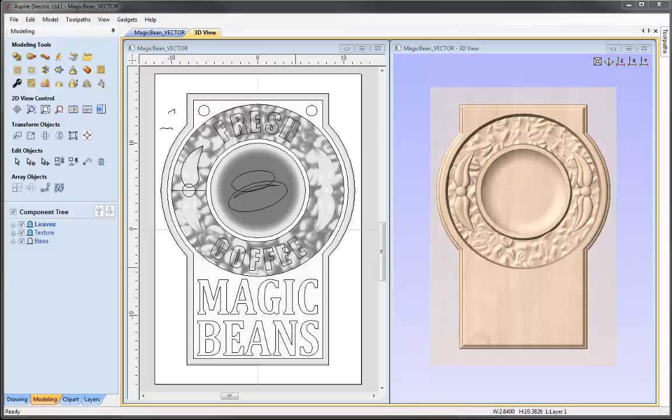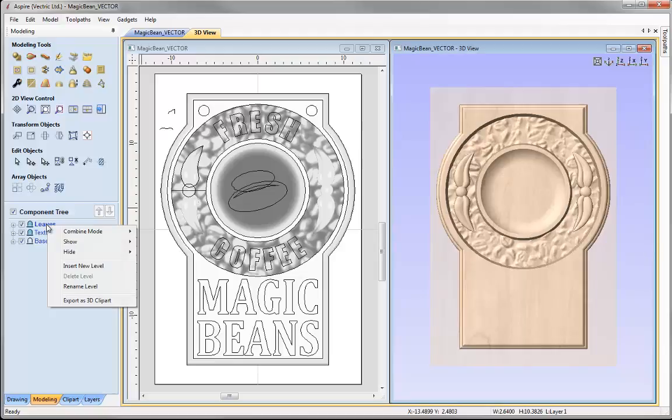And now we're ready to create the components that are going to represent our coffee beans in the center. So again, like we've done before, we're going to insert a new level as we're working with a new element, just to help me keep organized. So I'm going to right mouse click and say insert a new level, right mouse click, rename that level. We're going to call that level coffee beans,